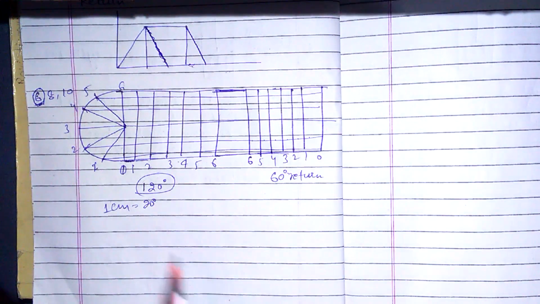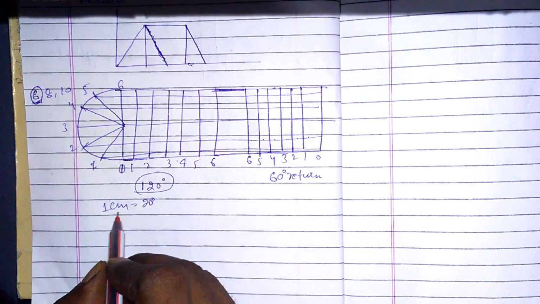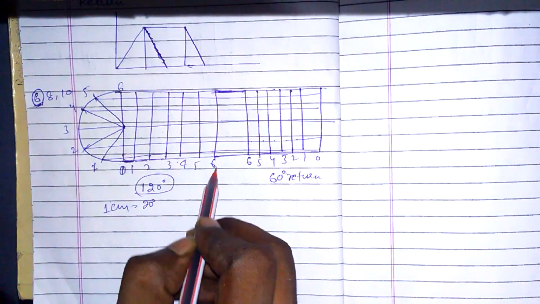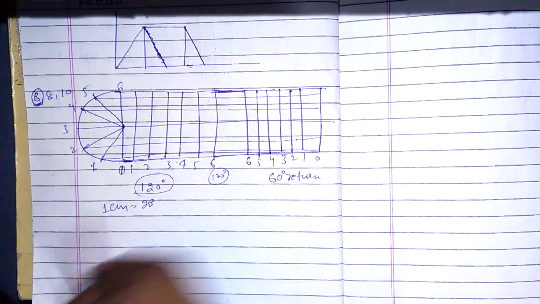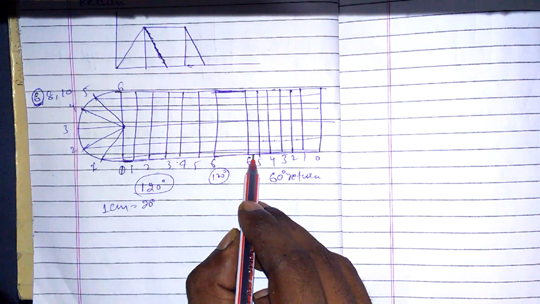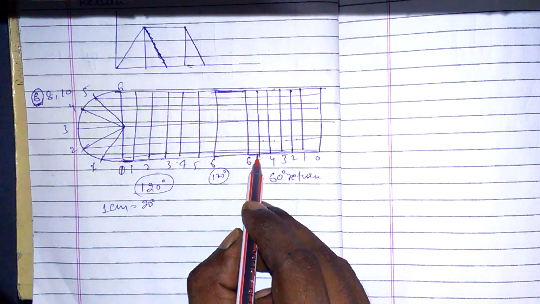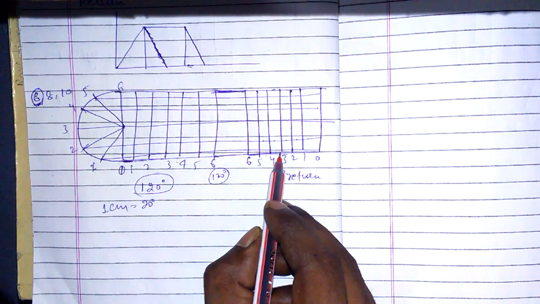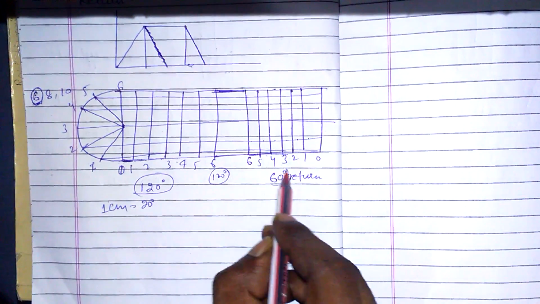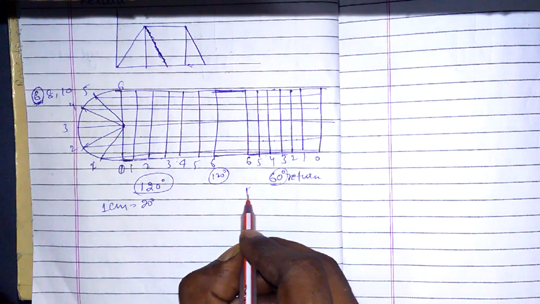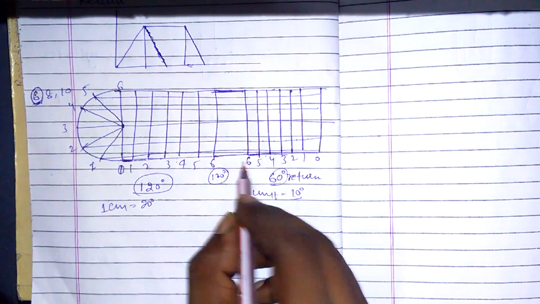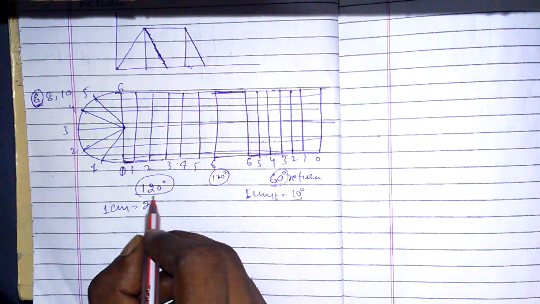Sorry, let us do it again. Let us say we are taking 1 centimeter equal to 20 degrees. This is 20, 20, 20, and it will complete over here as 120 degrees. Understand? Now for the return, if we take 1 centimeter as 20 degrees, 20, 20, 20 makes 60 and it completes over here. So we have to divide it into 6 parts. So one unit would be 10 degrees here, and here 1 unit equal to 20 degrees.